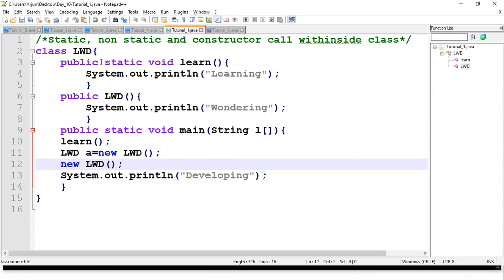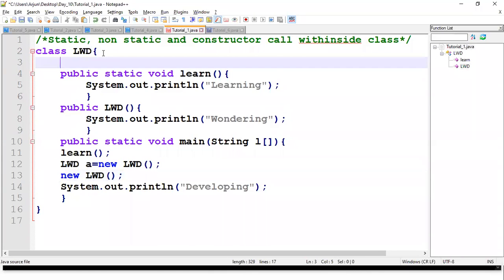Okay, shall I use one more variable, then you will get a clear idea about it. So, just take a variable, int roll number, or whatever it is. Roll number, I didn't initialize.